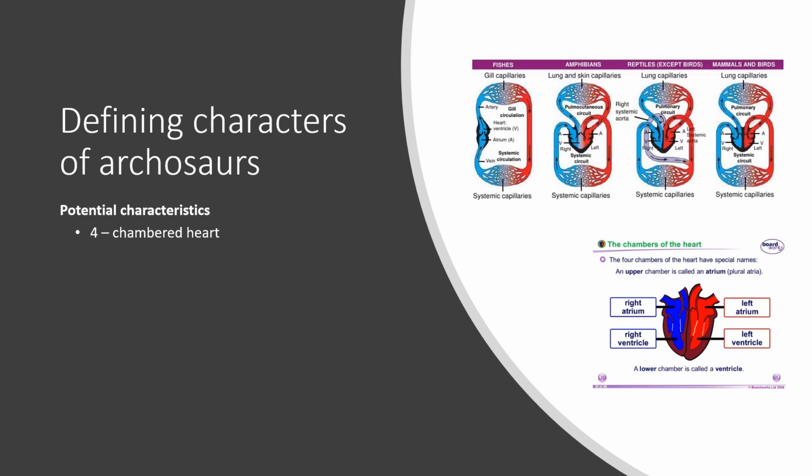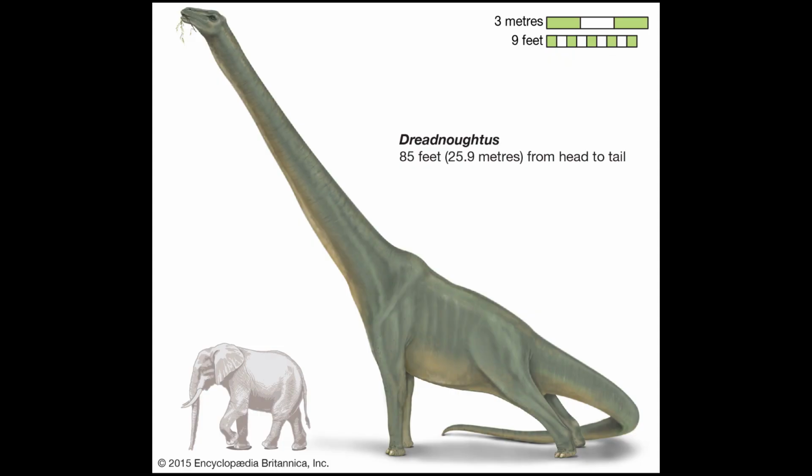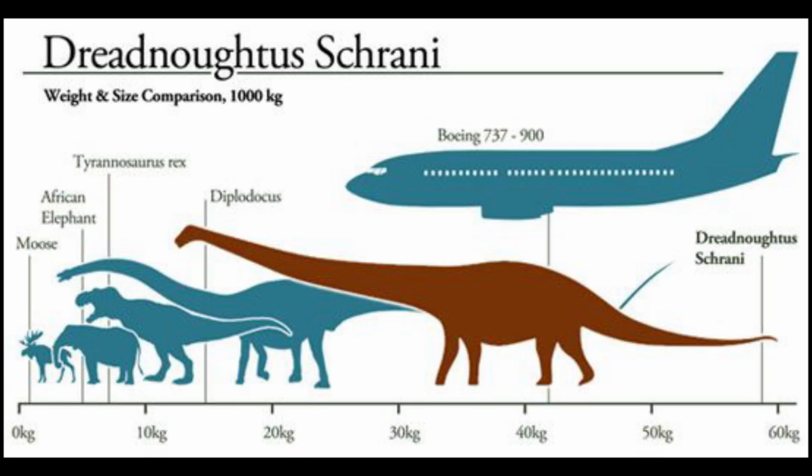And the reason why we can do that is because we separate the pulmonary route from the systemic route. That does several things. Very efficient at getting oxygen flow. Then we can create higher blood pressure, and that allows you to rapidly move blood to distant parts of the animal. Having a four-chambered heart also allows you to grow much larger as well. And of course, dinosaurs were among the largest animals that have ever lived on the land.